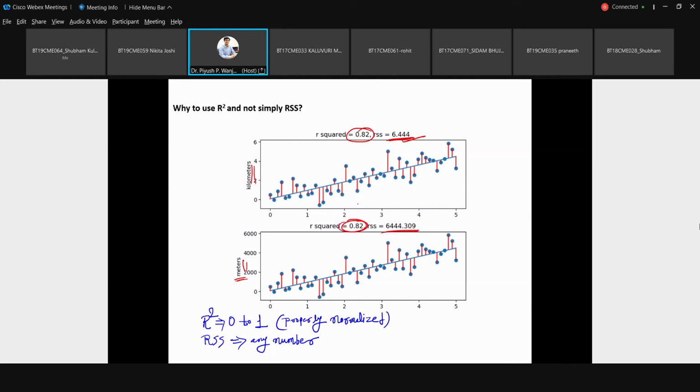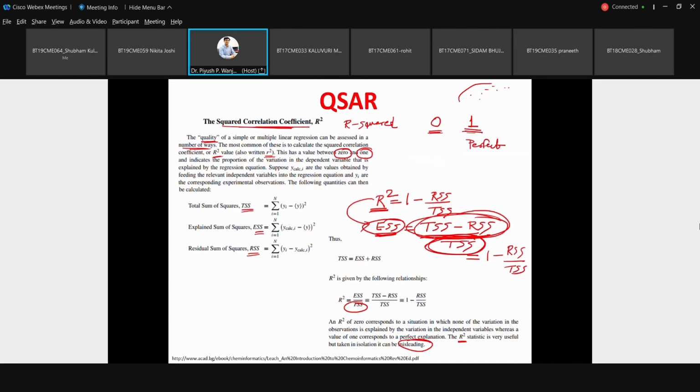But when you are calculating R squared, you are dividing by this TSS factor. So you are actually normalizing the error, normalizing this improvement, so that you get values only between 0 and 1. That is the purpose of dividing by TSS. So this improvement ESS by TSS we have calculated, and this is nothing but the R square. So R square is ESS by TSS. Your ESS was TSS minus RSS, and this you are dividing. So this is what the final formula is. Have you understood this? If not, please ask.